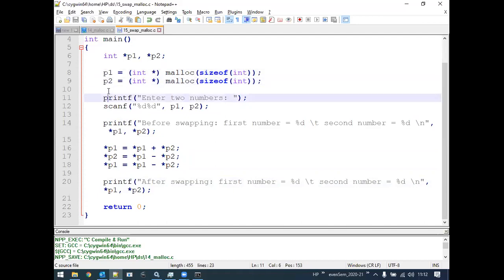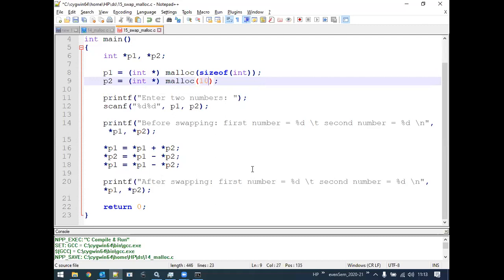Okay. Now another point to highlight. Pay attention to this particular highlighted content, that is byte size. Byte size need not always be only the size of int. It can be related to its own data types. Suppose if it is a float, then we can give it to be a size of float and all. Apart from that, we can also write something like malloc 2. So 2 means here it is going to allocate 2 bytes of memory.